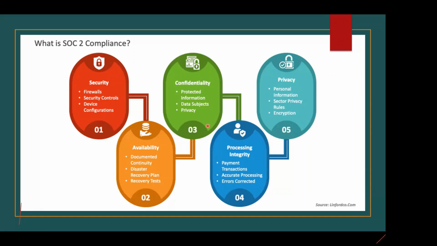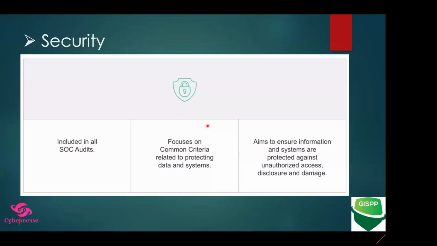Then we have availability. That's where we have our business continuity plans, disaster recovery plans, etc. And in terms of processing integrity, we can have controls coming from PCI, for example, just to make sure that our information remains integral and there are no question marks on the integrity of that information. So these are some of the controls that we implement in order to improve these 5 foundational pillars. This is just an explanation of security.